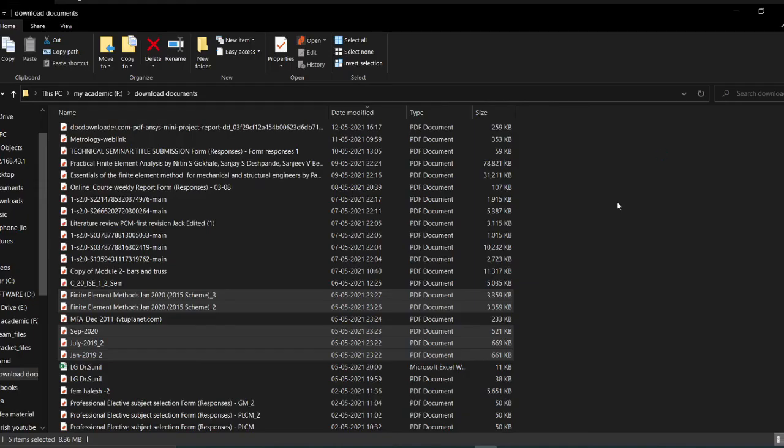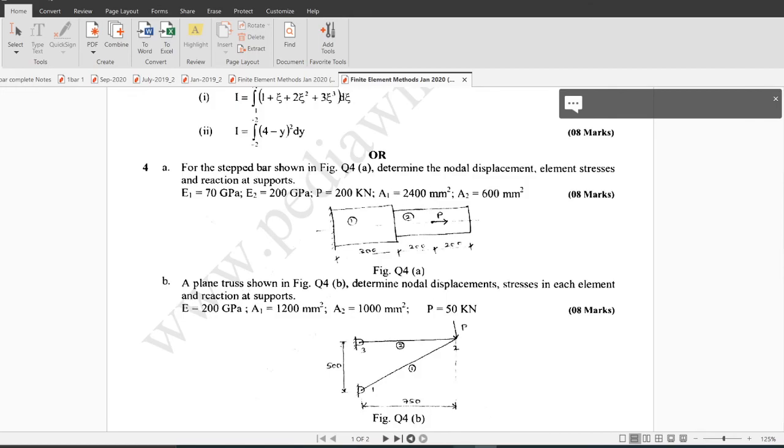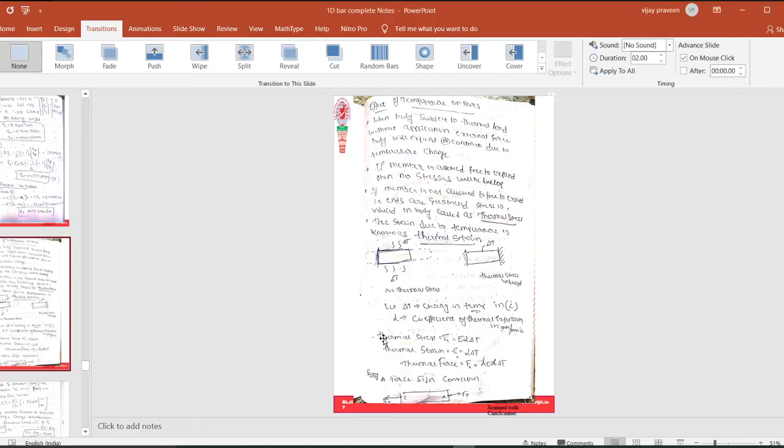In the question paper, if it is not mentioned which type of boundary condition you have to use, then you have to use the direct elimination method. That is the easiest one. If they particularly mention it, then you have to go for the penalty approach only. Penalty means penalty, elimination means elimination. Otherwise, by default, elimination only you do. That is the very easiest way. Understood?